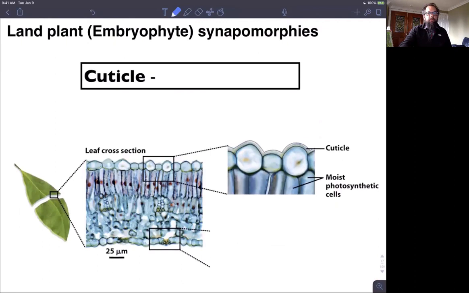And so here we see a cross section of a leaf, looking at the different cell layers, and the important part of this that we're looking at here is actually this waxy layer that's found on the outside of the plant. So this is a waxy secretion from the epidermal cells,